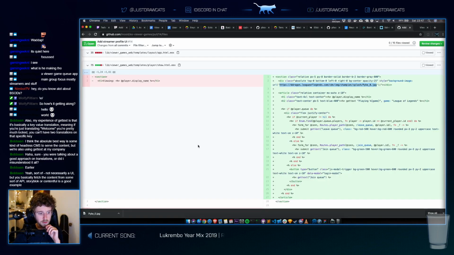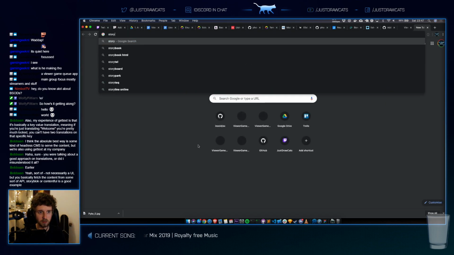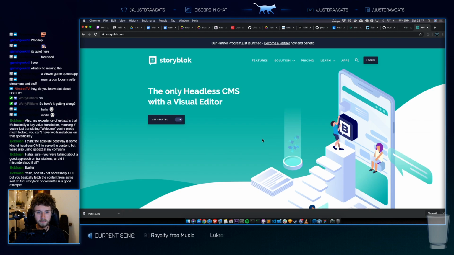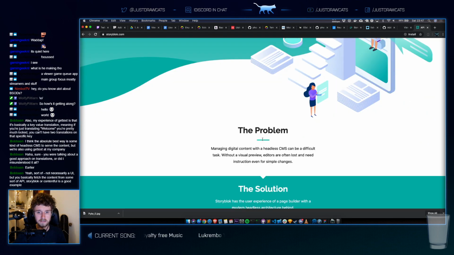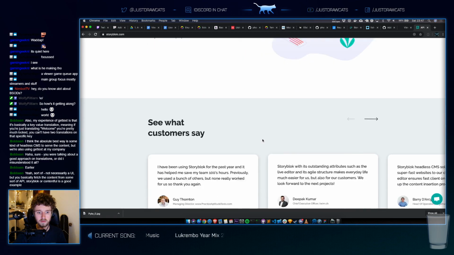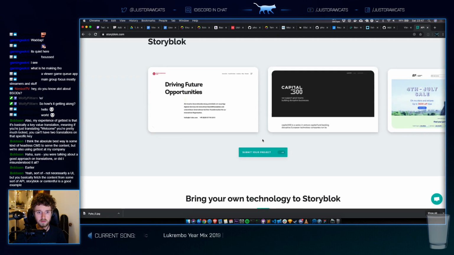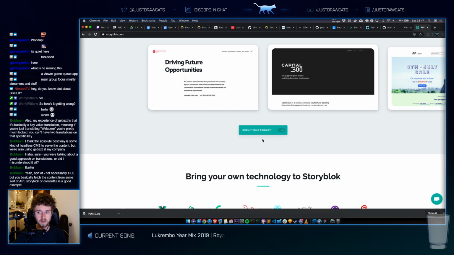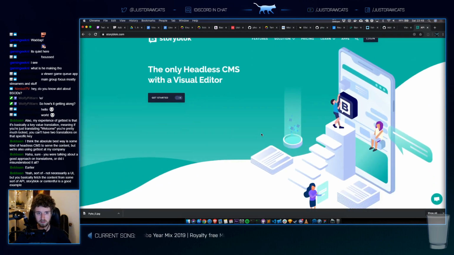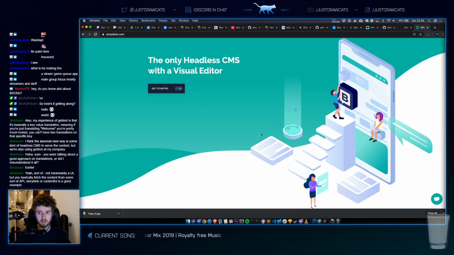Not necessarily UI, but you basically fetch the content from some sort of API, Storyblok, or Contentful. Storyblok. Oh, you mean like as content? Yeah. I see.